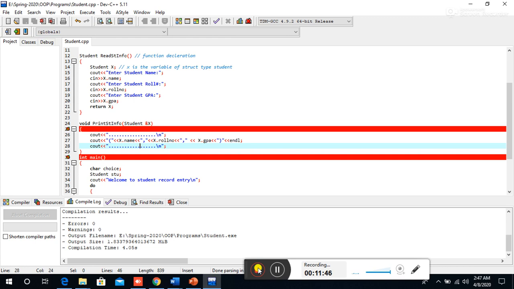You can compile this program. You can run this program on your laptops, on your computers, and give me the feedback. Next, I will share how these structures are declared as arrays, and after that I will share structures within structures. So we will do 3 programs in this concept to learn the structures.